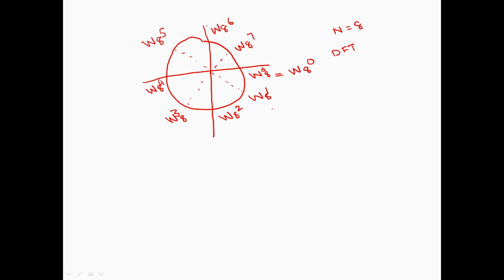Now let's redraw the diagram for calculating 4-point DFT. Let me change the color of the marker so that I can show you. Let's change something to blue. Yeah, it's blue. I'm calculating 4-point DFT. Now for 4-point DFT, what we have to do is that we have to distribute the unit circle into 4 equal parts. So this point would be equal to